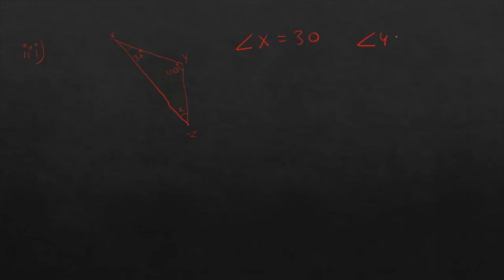Next question. Here angle X is equal to 30 degrees. Angle Y is equal to 110 degrees and we have to find the value of angle Z. So 110 plus 30 plus X is equal to 180 degrees. Angle sum property of a triangle. So X is equal to 180 degrees minus 140 degrees. इन दोनों का सम करके इसको इधर ले आएंगे. Is equal to 40 degrees. So X की वैल्यू कितनी आ गई? 40 degrees. That's the answer. Next question.